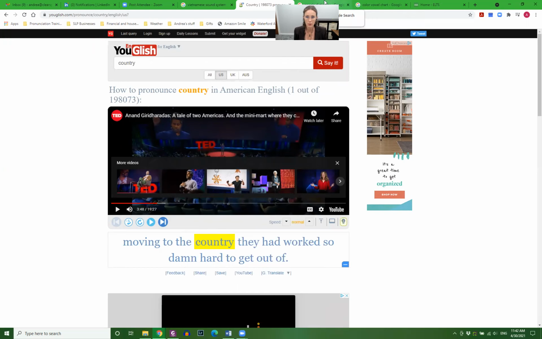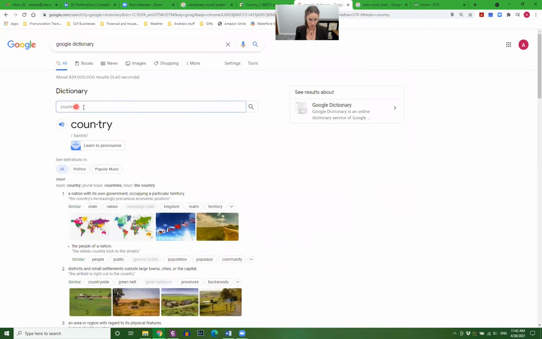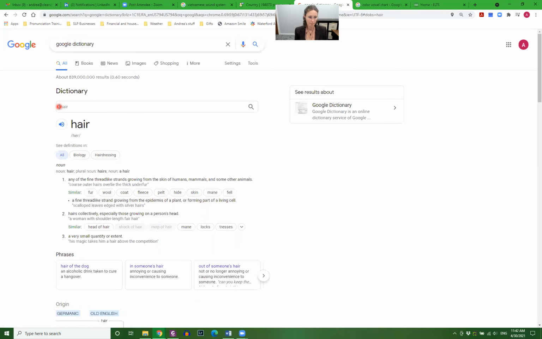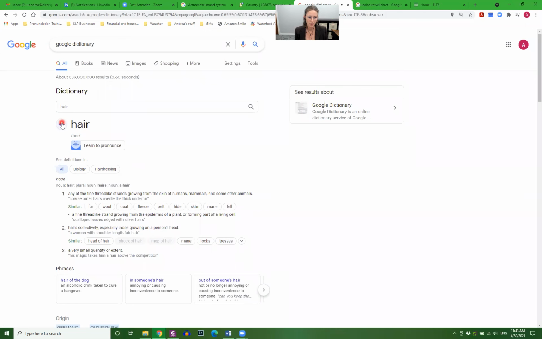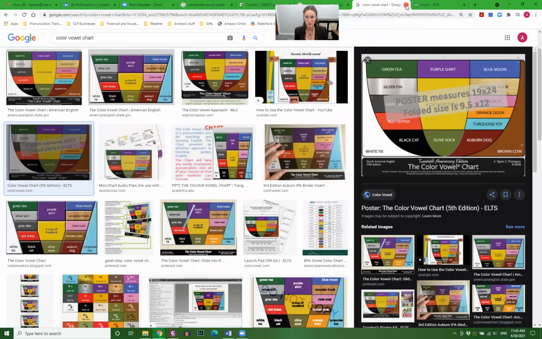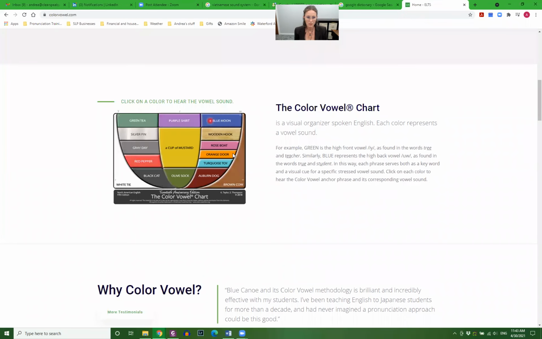Let's look at another example. Let's say the word is hair. Why are they doing all these ones I don't agree with? Hair. And then you're going to figure out which one of these vowels matches that hair. A. Gray day. A. Gray day, a hair. Then it moves back into the